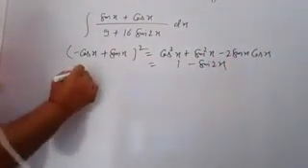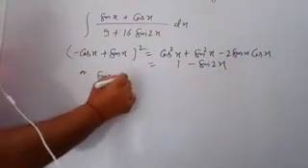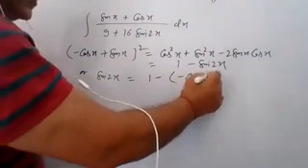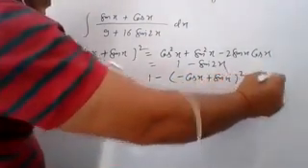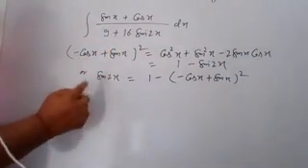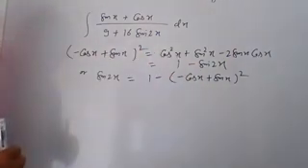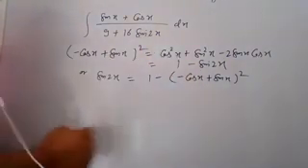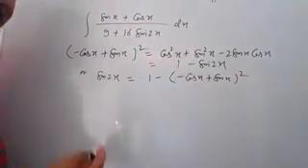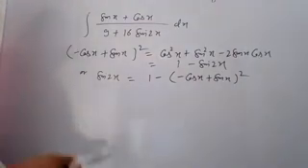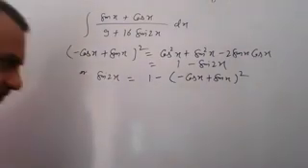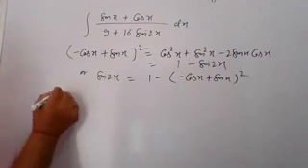Now you write the value of sin 2x as 1 minus cos x plus sin x whole square. You can write in this way. It means your sin 2x in the given integral is replaced by that complete function. And if you assume that minus cos x plus sin x is equal to t and differentiate it, automatically you have your numerator part. Understand? So your integral becomes